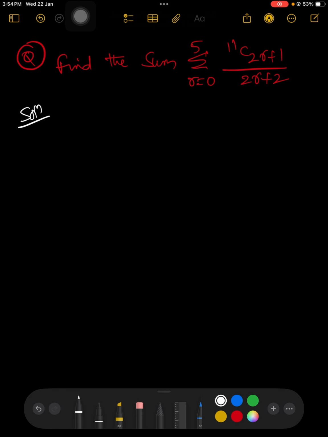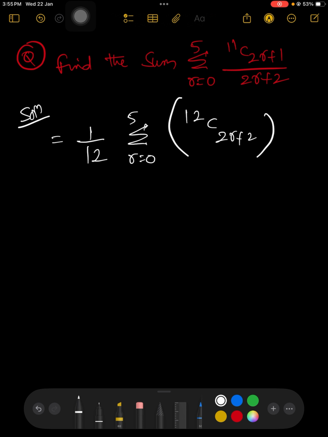It's a very comfortable question, that is sigma r equal to 0 to 5, 11c 2r plus 1 by 2r plus 2, so that in the denominator they have given 2r plus 2, so that we can make some changes here, that is we can just multiply and divide with 12, then it will become 12c 2r plus 2, the whole term, right? Because of what, then if you multiply and divide with 12, then it is 1 by 12,